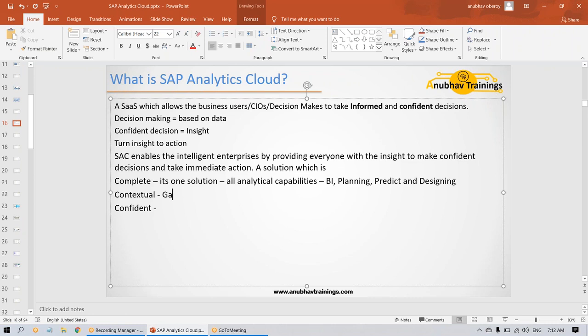Now, it is contextual. It will help enterprises gain enterprise-ready insight and take actions on those insights. Next, it makes smarter decisions with artificial intelligence driven insights without learning